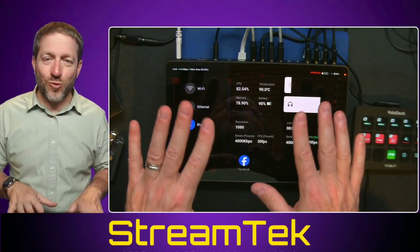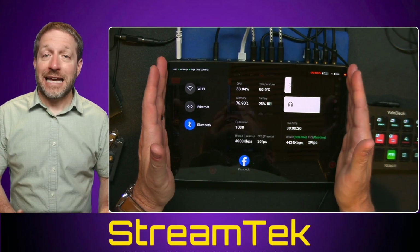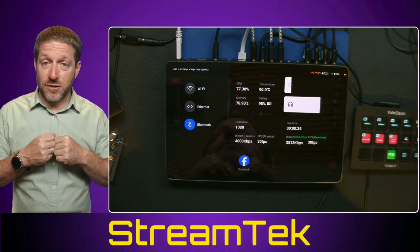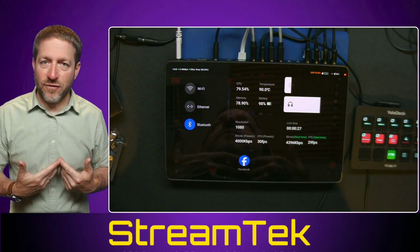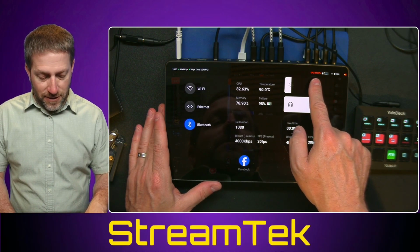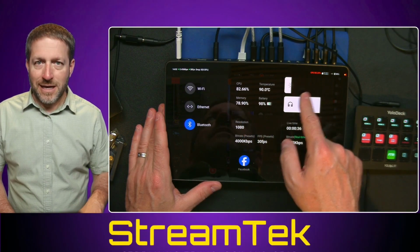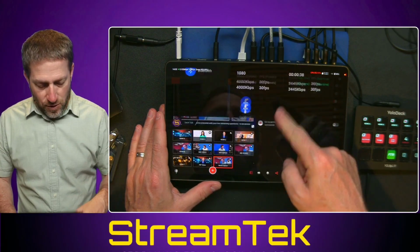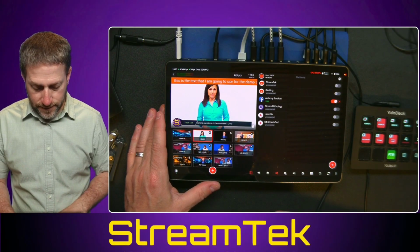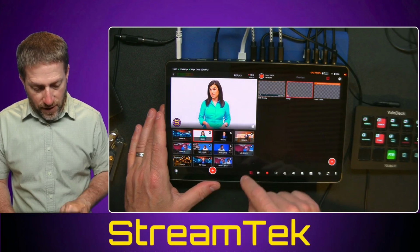And that's one of the really nice things that I appreciate with the Extreme: information. I'm not just putting out information, I'm not just broadcasting information, I'm getting information from the device that I'm using. You can see the CPU actually bumped there. It goes right into red at 80%, but it went back down to yellow. Again, it's based on content. So if I'm in the red there, but I bet you if I just go to her and take off those titles, take off that scrolling title, take off that web title,